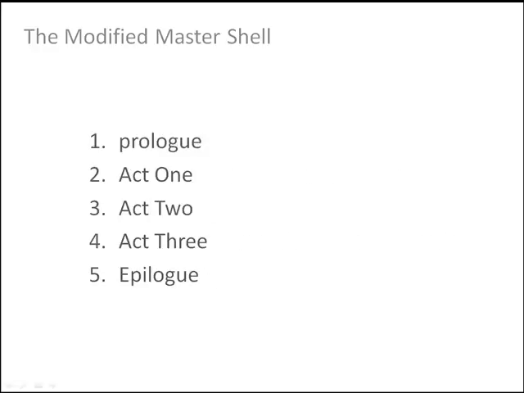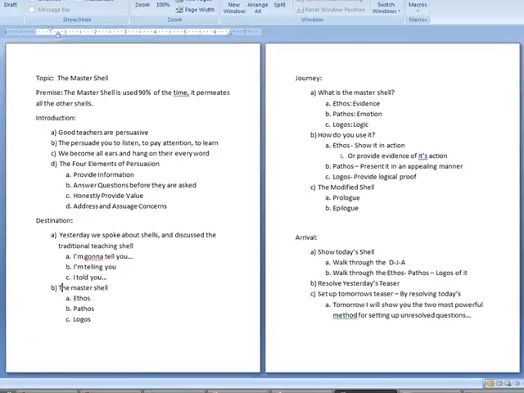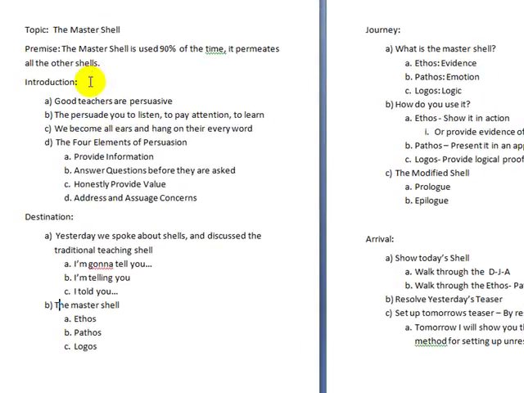As we go into the traditional, I want to deliver this to you, there's the prologue, Act 1, Act 2, Act 3, and then the epilogue. So this is what you use when you're making a shell. It determines which specific 3-act structure you're going to be presenting from. So let's take a look at the shell of today's presentation. In today's presentation, I used the modified shell.